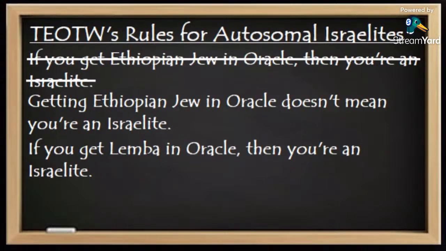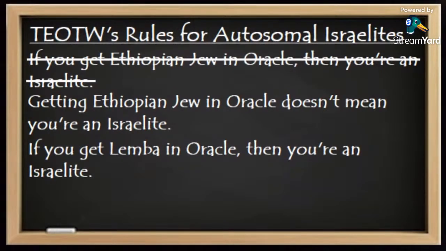Now, there doesn't seem to be much justification for this rule, right? I mean, as has been covered in some of my other videos, including my video on Lemba DNA, the excitement about the Lemba, because there are certain mainstream Jews who are excited about the Lemba and see them as descendants of Jacob, is not about their autosomal makeup. It's about the patrilineal makeup. It's about the Y DNA of some Lemba, not all Lemba. But whatever the case, putting that aside, at least we're getting a clear notion of Teotw Ministries' methodology, right?